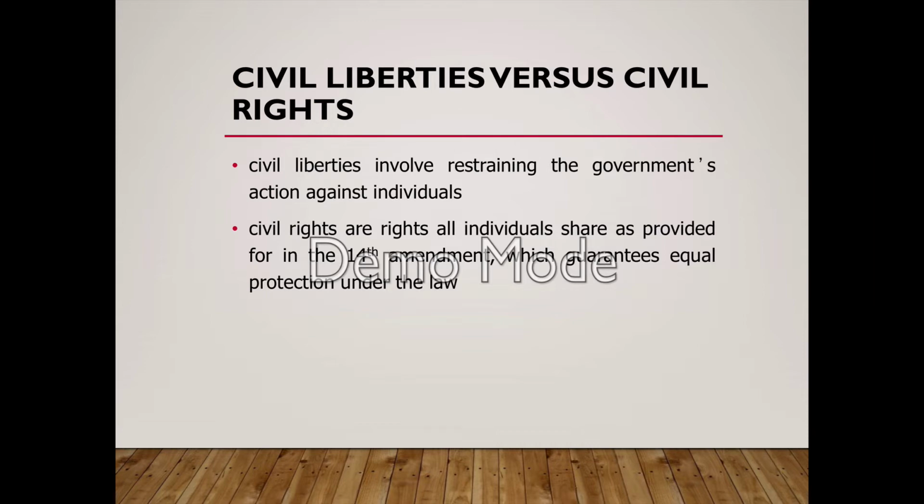So civil liberties protect people from government interference, but civil rights are the things that allow everyone to take advantage of those civil liberties. So civil rights are more along the lines of positive freedom, so people have the freedom to. And because most of the time we talk about civil rights in the context of political and social minorities in the United States, we can think about this in terms of civil rights guaranteeing everybody's access to government solutions and to their civil liberties.